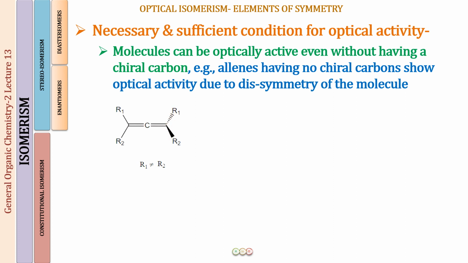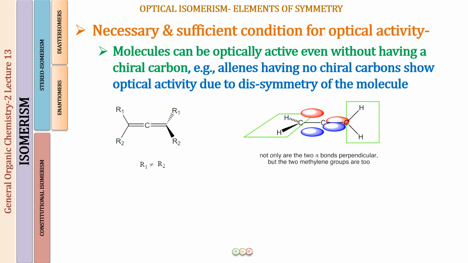But still this molecule shows optical activity, because if you look at how the groups around the carbon are arranged, these 2 hydrogens are going to be in one plane, but the pi bond is going to be perpendicular to this one. So of these 2 hydrogens, one is going behind the plane of the paper, the other is coming forward from the plane of the paper. So you will not be able to draw a plane of symmetry. You will not be able to have a center of symmetry for this molecule. This molecule is going to be dissymmetrical, and hence it is going to show optical activity.